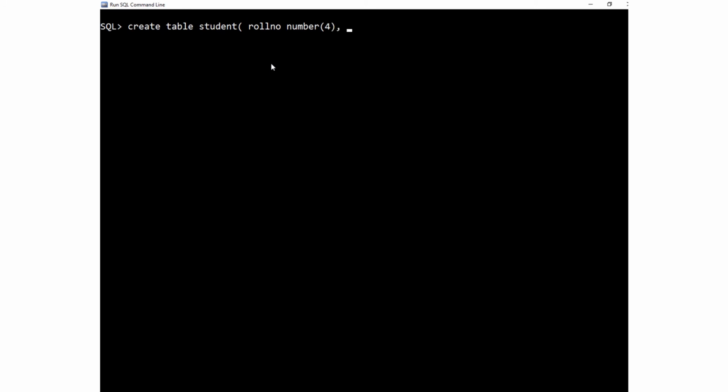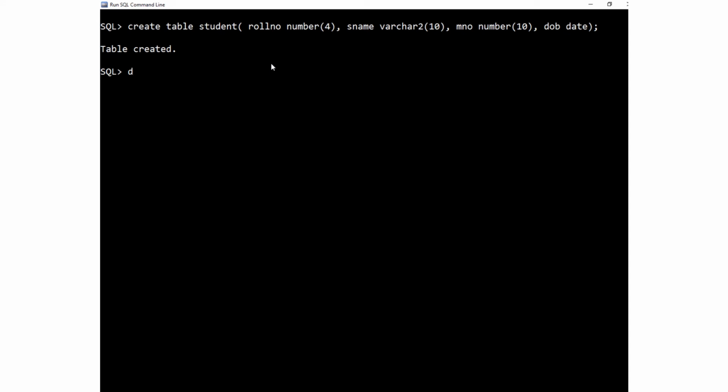Second column, student name, varchar2 data type of 10 characters in length, mobile number, a 10-digit number, so number and 10 as the size, date of birth of date type, putting semicolon and giving enter will give the SQL prompt as table created.